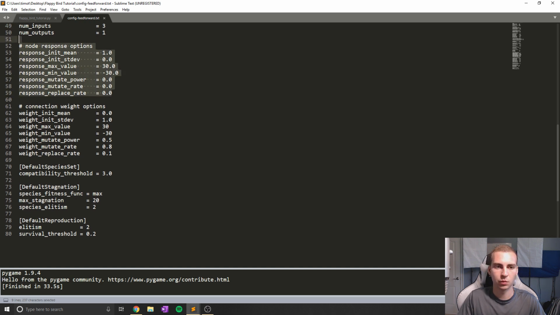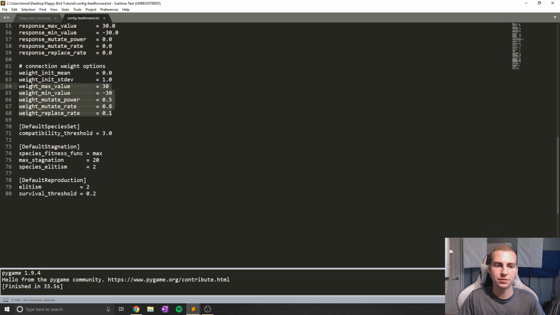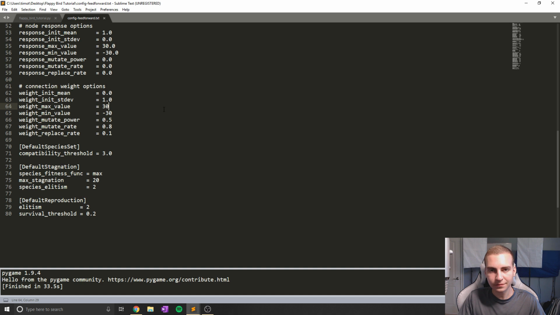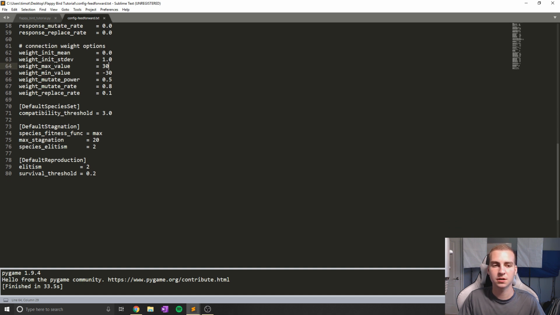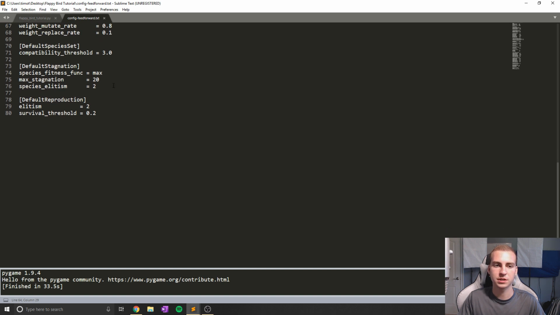All right, I'm not going to talk about what all this does. You guys can look that up in the documentation if you want. Same thing here. Again, this is just kind of a few tweaks here on how the weights work. This is kind of similar to the biases in terms of changing them and all of that. I've just left these default from another example I took this file from. Compatibility threshold, we don't need to know that. Species fitness function, that's kind of a similar thing to above where we're going to take the max fitness from those